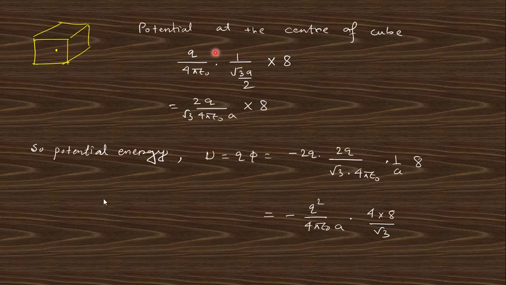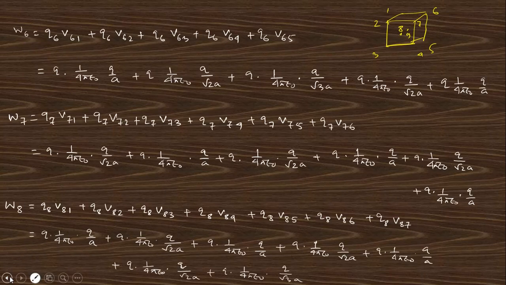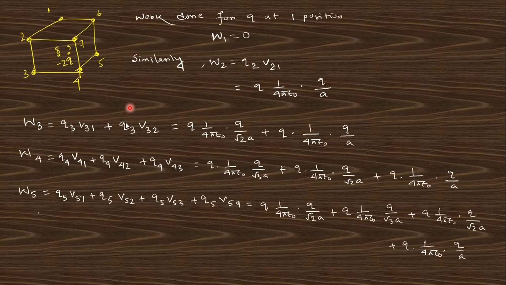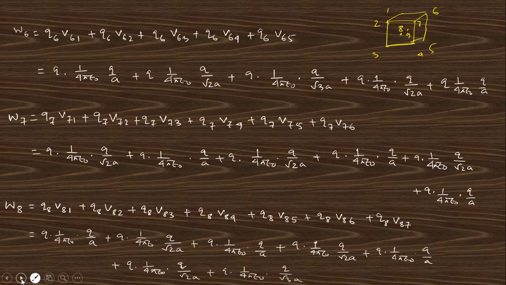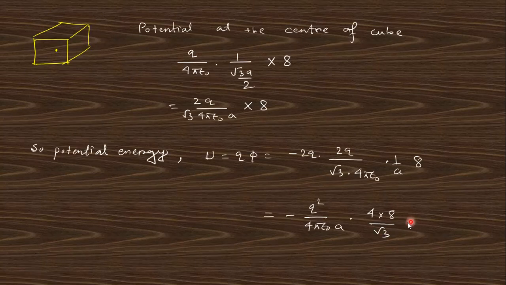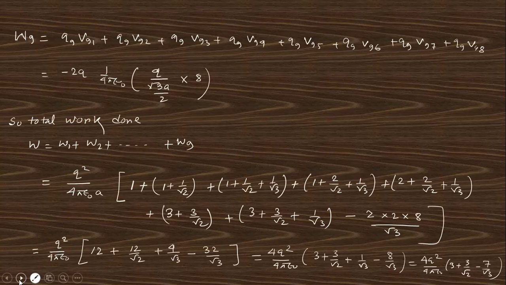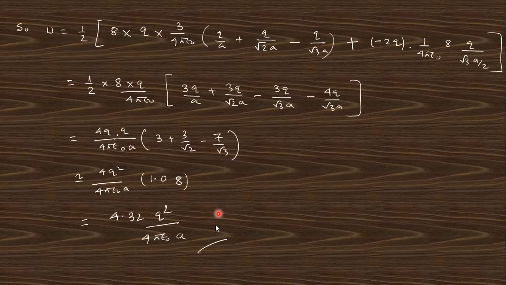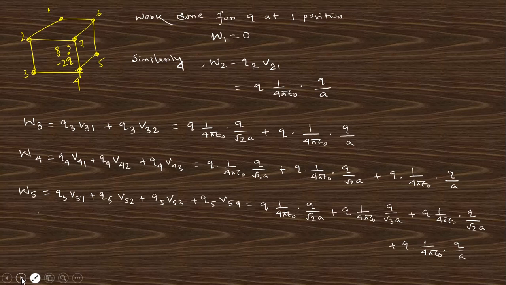You can take a screenshot, or you can check this calculation, but you can do this process, there is no problem. Actually I wanted to cross-check the answer with another process. I think this will be the same answer. And this is actually the potential energy required to place the minus 2q charge. Okay, this is not our question, but I just found this one. So I think you understand up to that point, and this is the answer of this question, and these are nothing but cross-checks of this answer with another method, finding the work done to place each charge.